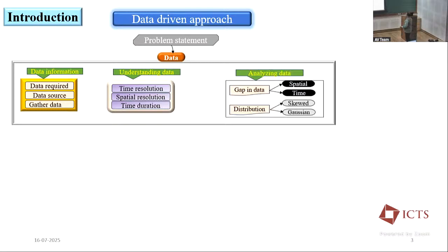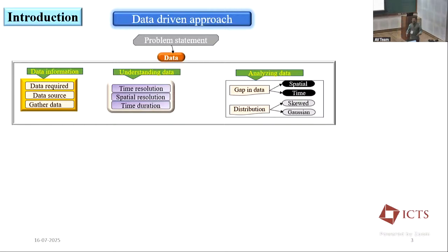Okay, suppose everything is decided. You are going to do nowcasting and you got very high resolution data from some instrument, maybe radar data. Suppose you got 5 years of data at 15 minutes. Then what do I have to do? How much gap is in the data? Many times it happens that the instrument is not continuously working. Sometimes maintenance is happening, so there will be some gap in the data. What kind of gap is it?